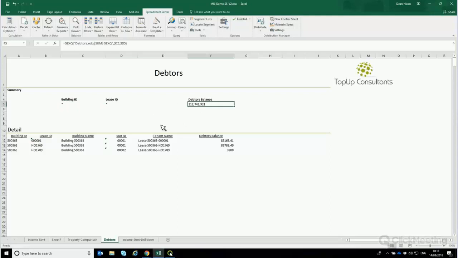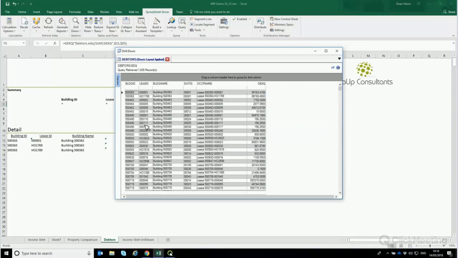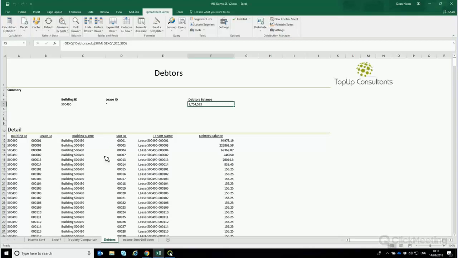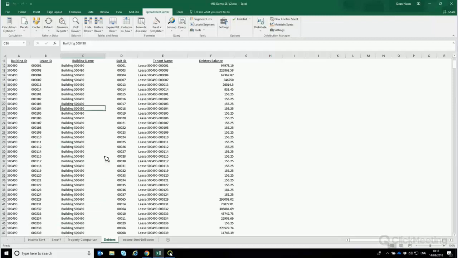Now I can drill into that information if I want to look at it on an analysis basis. And I say, okay, I'm quite interested in 500-490, that building there. So here I can say 500-490, and that gives me that balance. Again, I can drill down on that on its own, or I can hit this generate reports button at the top here, and this will then spit out the information on a lease by lease basis for me. So I can see the high level balance now on a lease by lease basis